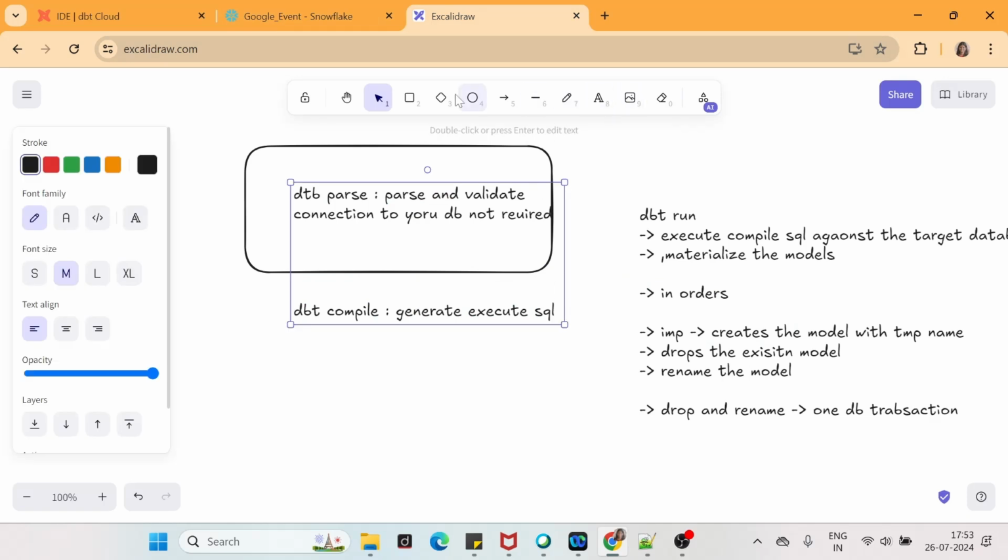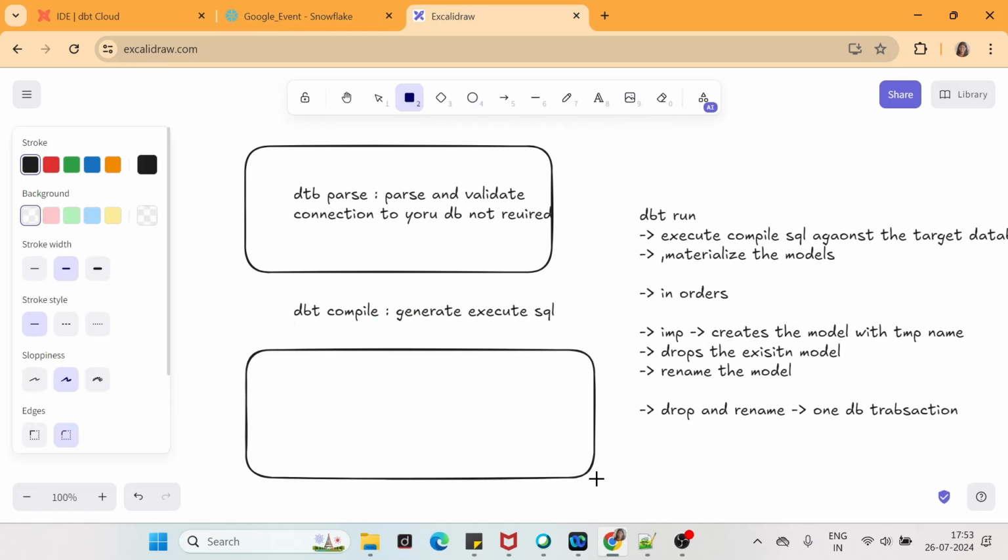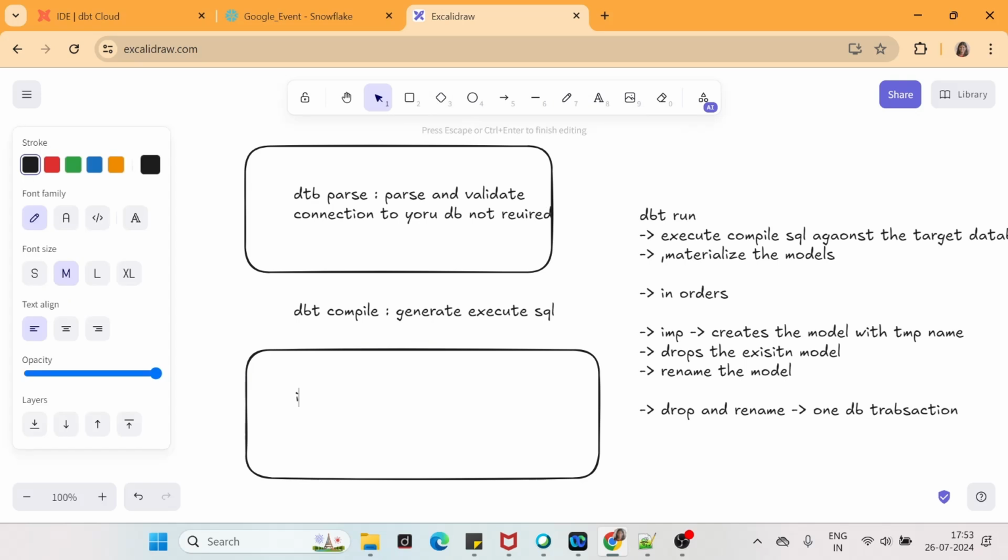So we have another important section which is interactive compile. Now let's say we want to test some inline query which we think can be the error, right? So in that case we can say dbt compile --inline, and we can give our query. So let's say table A join table B, something like that.